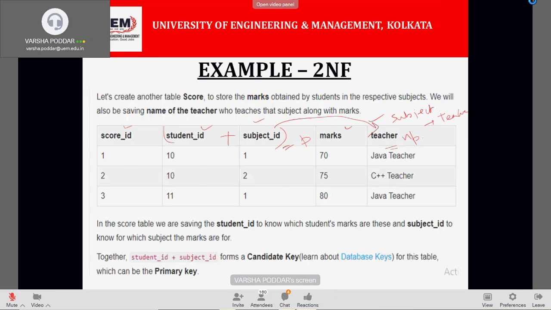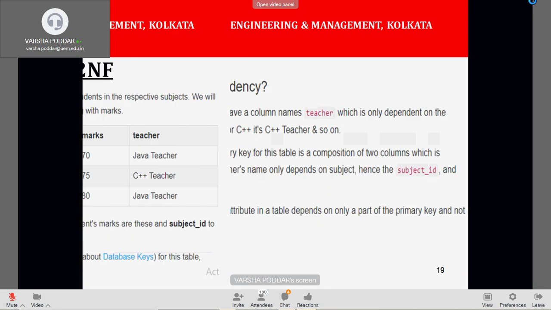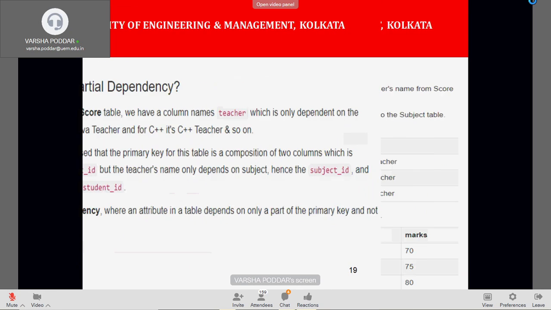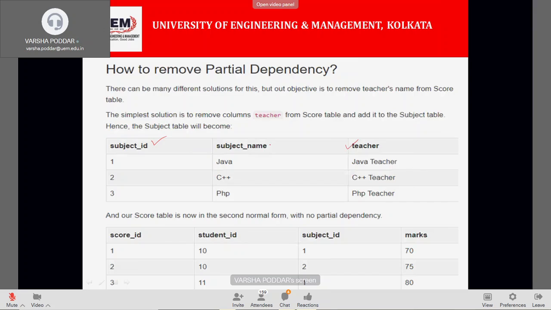Hence we will break the table, and the teacher and the subject ID will remain in the child table. Subject name is the new introduction, as I have told you. You can give it, you may not give it, not a problem. And in the original table, subject ID is remaining as the original prime attribute. Fine. And teacher is discarded here. So subject ID and teacher is making a new table. So the problem makers, the non-prime and the prime attribute, they are developing the new table. Fine.